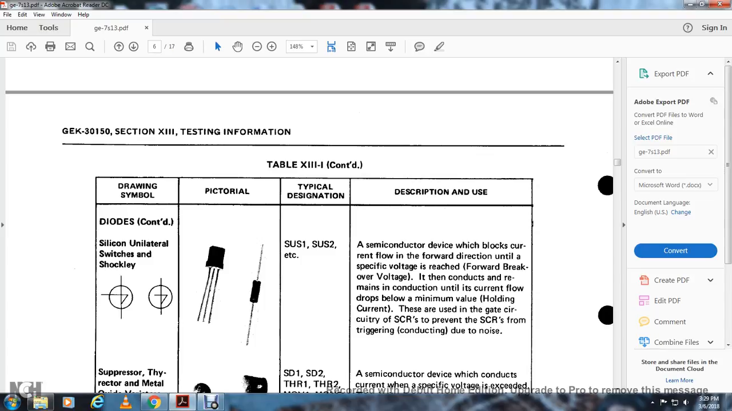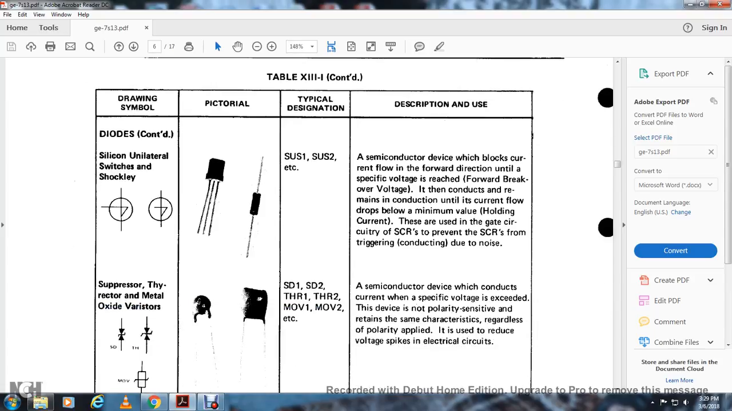Description: a semiconductor device that blocks current flow in the forward direction until a specific voltage is reached, the forward breakover voltage, then conducts and remains conducting until the current flow drops below a minimum value, the holding current. This is used with the gate circuitry of the SCR to prevent the SCR from triggering